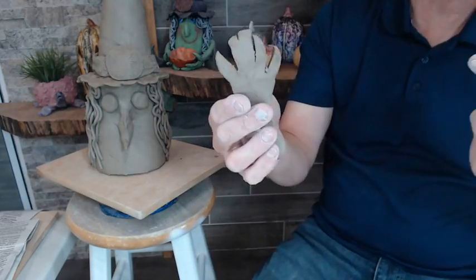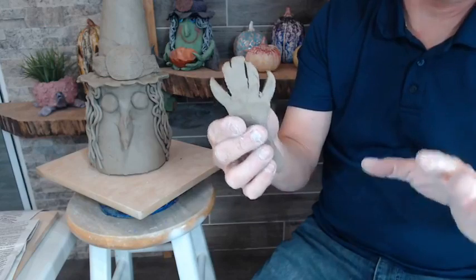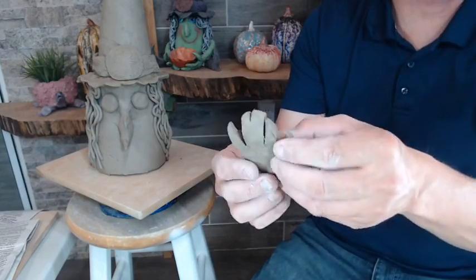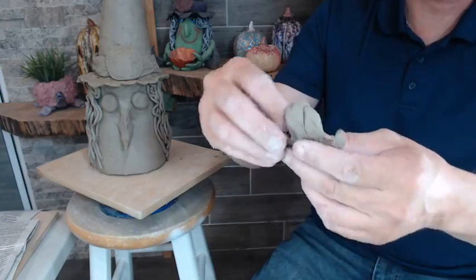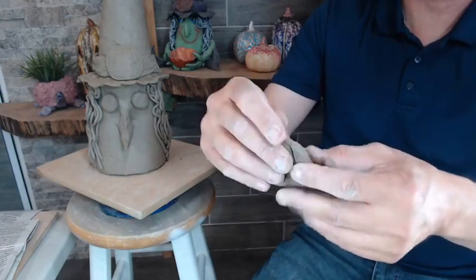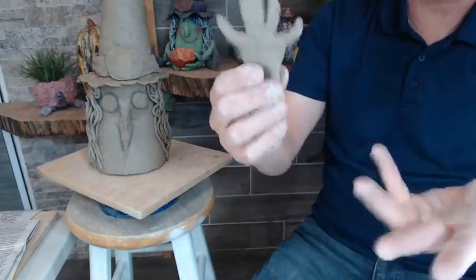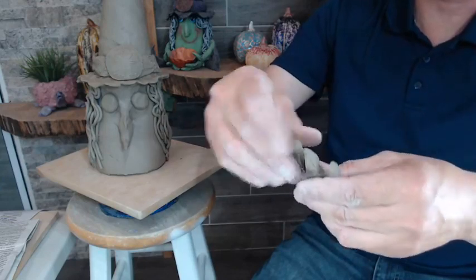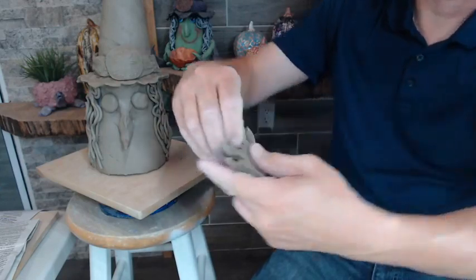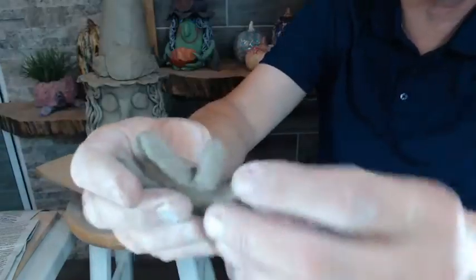But I say that in my head as I'm doing it, because I can't tell you how many times I've had 6 fingers, and in workshops I've had people have 6 and 7 fingers because they're just not paying attention to what they're doing, and they think that they need 5 cuts in there when it's 4 cuts to get the 5 fingers. So a lot of times people cut 5 and then they end up with 6 fingers, and it's a little crazy. So then I just kind of go and I work each of the fingers, and I kind of pinch them,